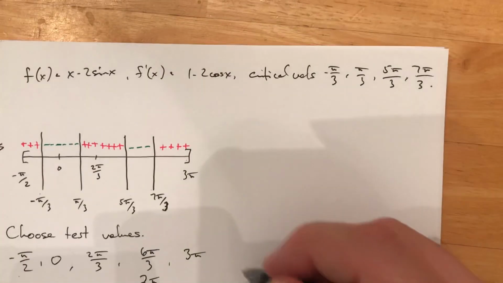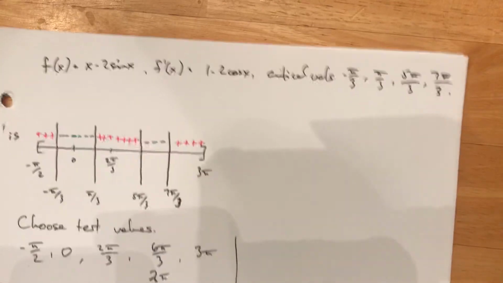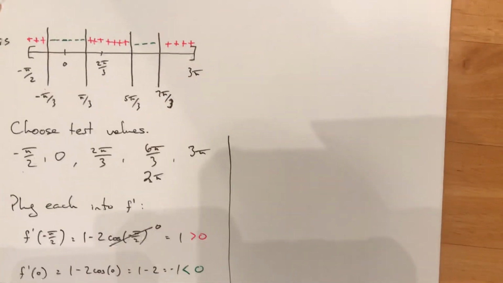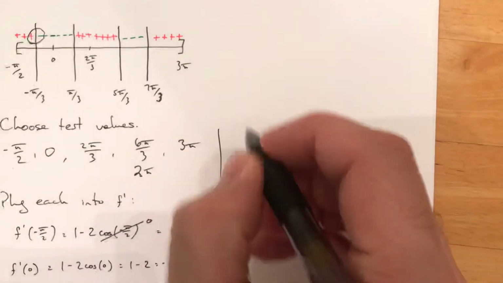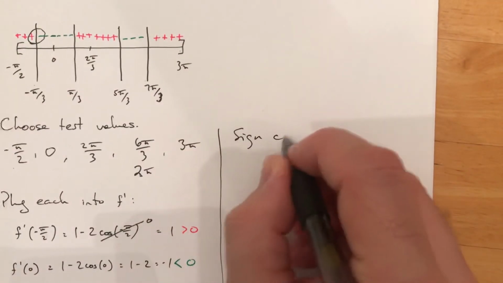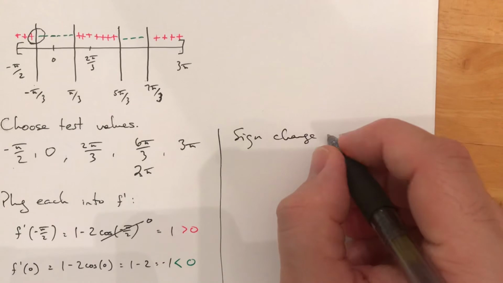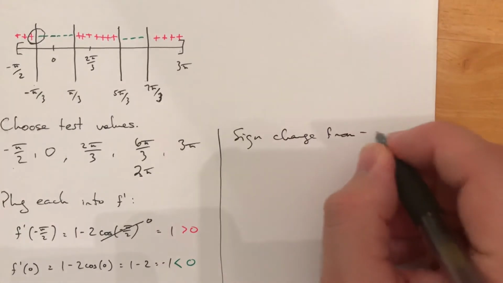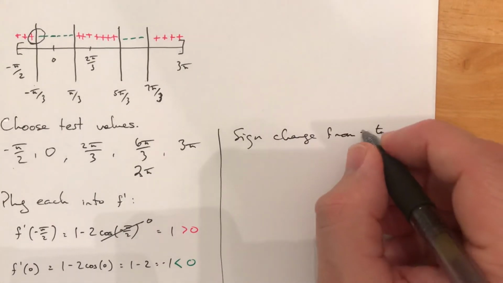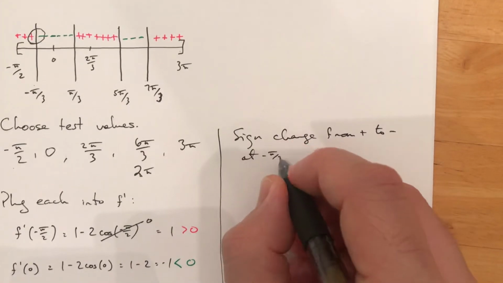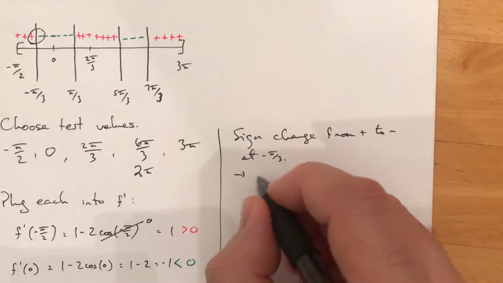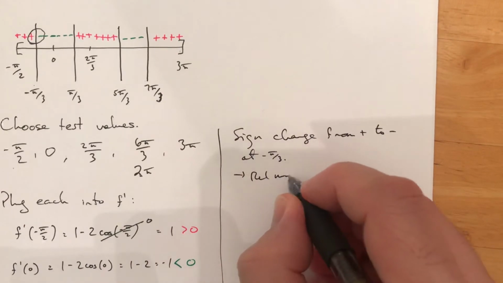And then look for sign changes. We have a sign change from positive to negative at negative pi over 3. And so there is a relative